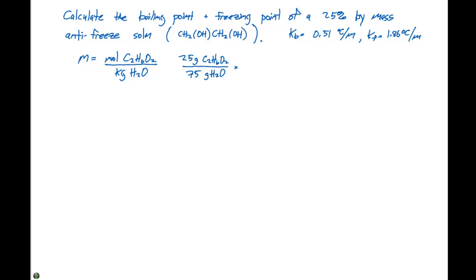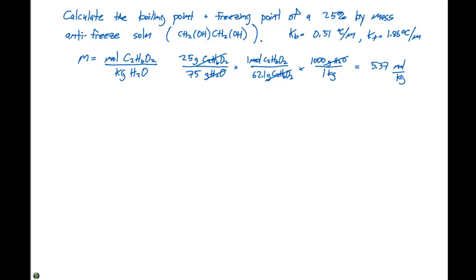We can do a conversion then. We know that 1 mole of C2H6O2 is going to be 62.1 grams. And then we also know that 1,000 grams of water is going to be 1 kilogram. So that gets rid of our grams of our antifreeze, our grams of our water, and we're left with moles per kilogram. So our molality is going to be 5.37 moles